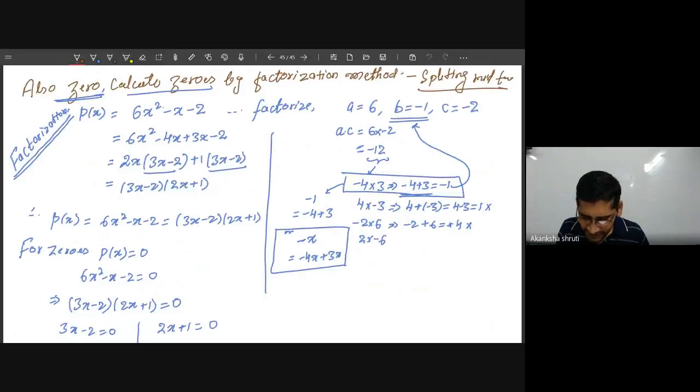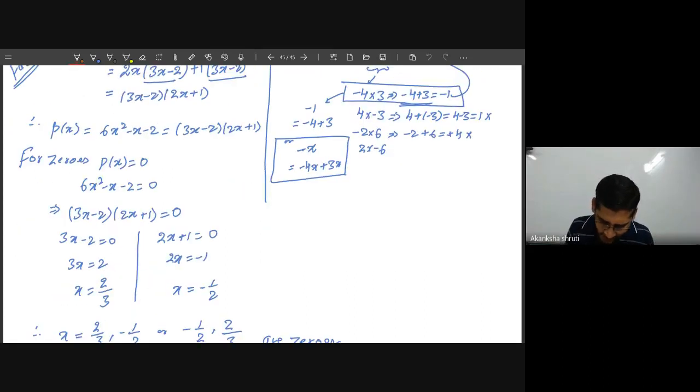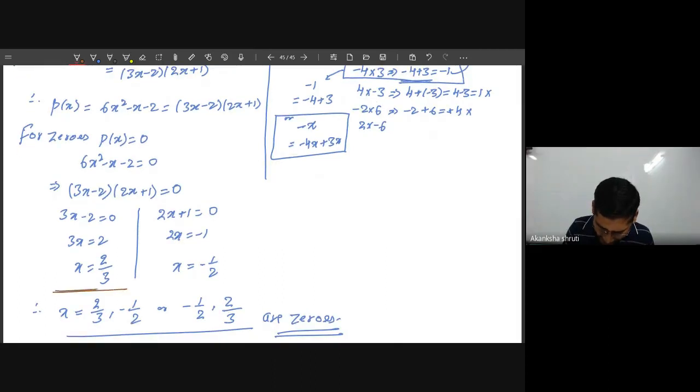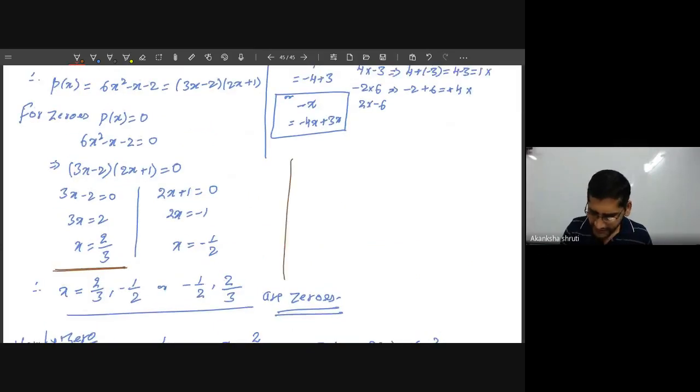सो फैक्टर फाइंड आउट करने के लिए यदि मैं डिवीजन मेथड अडॉप्ट करूं, डिवाइड करने पे यदि रिमाइंडर 0 आता है तो भी एक फैक्टर है. यदि मैं स्प्लिटिंग मिडिल टर्म अडॉप्ट करूं और मैं यदि स्प्लिट करते जाऊं तो मेरे को यदि दो फैक्टर्स में स्प्लिट होने के बाद एक फैक्टर वही आता है जो क्वेश्चन में दिया हुआ है तो भी गिवन फैक्टर है. Another thing, if it is a factor, we have learned the value of x that we are obtaining is the zero. Okay, so value of x obtained from the factor are the zeros. So write that note here. It is a very important note.